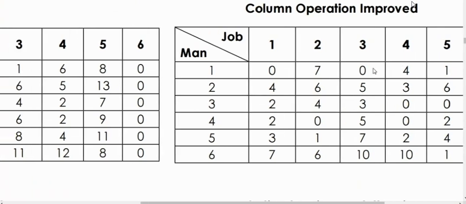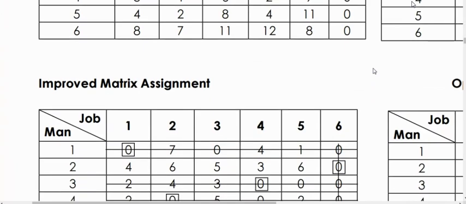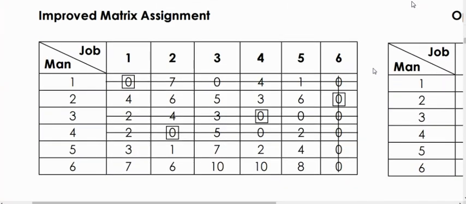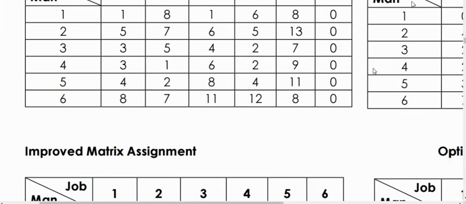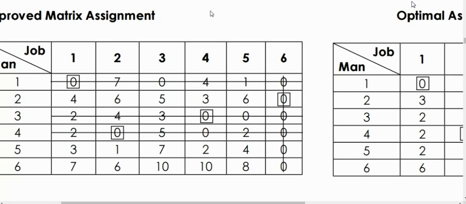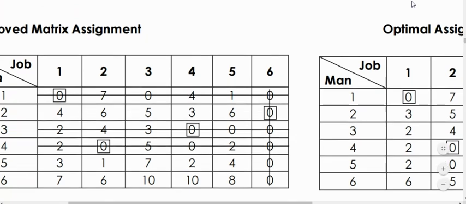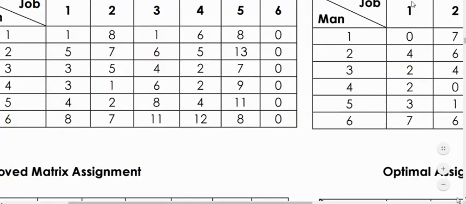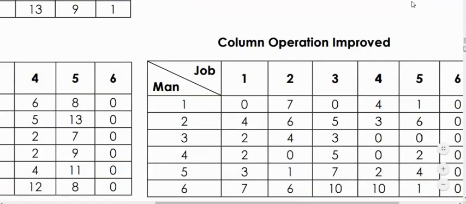Okay. Now we'll come to the fourth step. So what is the fourth step now? In the fourth step, what has to be done is, I have to cancel the rows and the columns having zeros. So see, I'll again take you to the third step only, the column operation table.